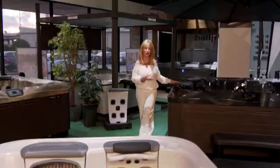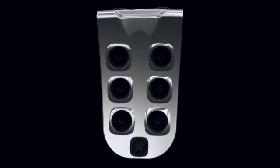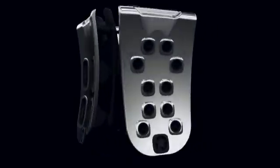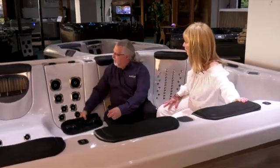This isn't your parents' boxy hot tub where one size fits all. Bullfrog is one of the newer spas on the market, probably the fastest growing, and it's because of all the technological advances they have. What Bullfrog Spa is special for is what we call these jet packs that we're seeing. And all these seats are actually removable